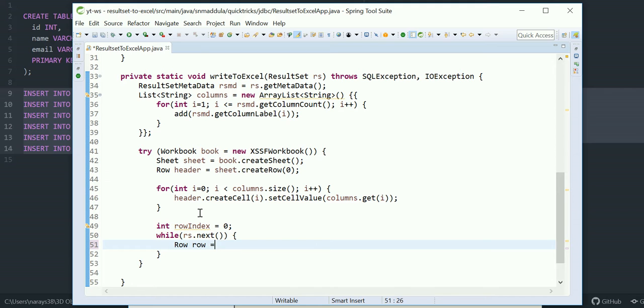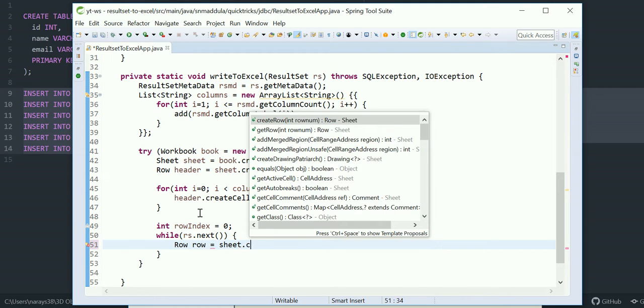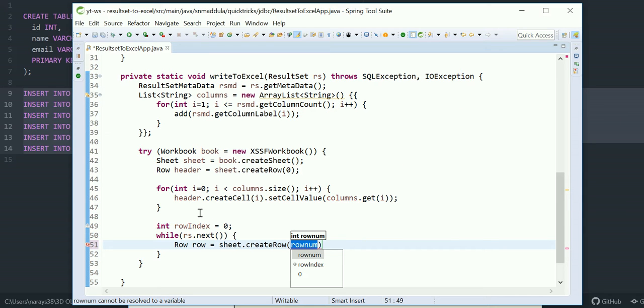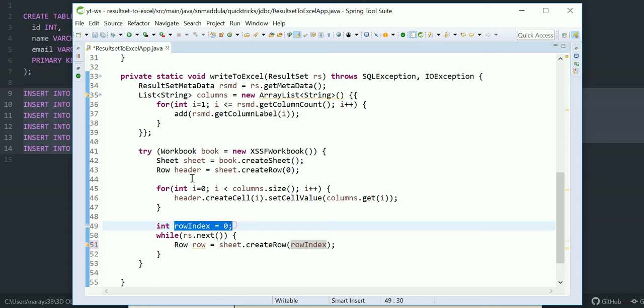Let us create a row, giving the row index. Obviously we have already covered row 0 with the header. Now we need to increment this row index to 1. I mean the next row index is obviously 1. So let us pre-increment it